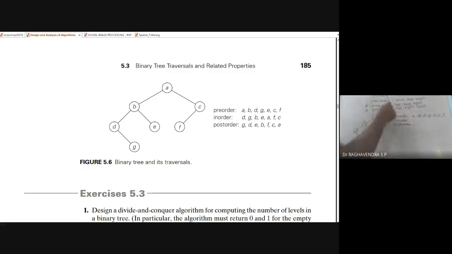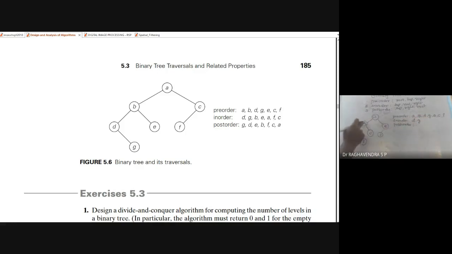So let's take left. Since this is a root now, we cannot take it. We have to go for left. But if you come to this left, it's also a root for someone else, so we cannot take this. Once again, if you come here, this is also a root for someone, but there is no left over here. So you have to first visit left, then go for root. Since there is no left here, you have to take the root. Root is D. Then after the root, we shall go for right. Right side is G.